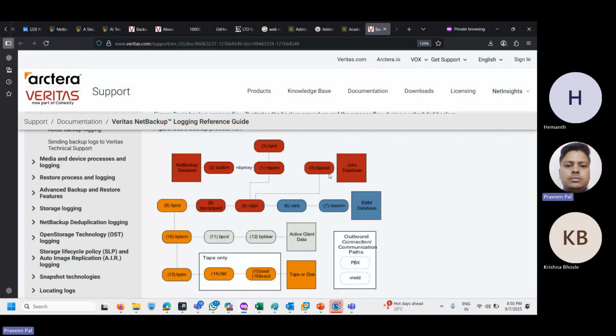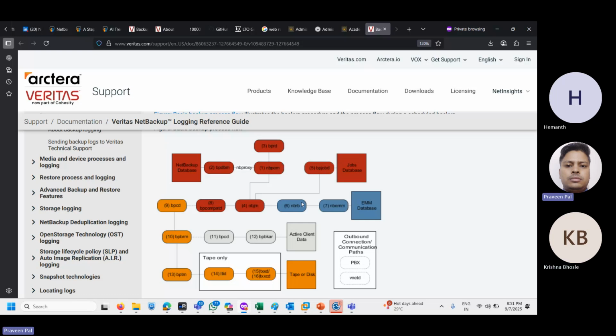ठीक है, अब एक्टिव में आने के बाद what do they need? अब कोई भी पॉलिसी है, अगर उस पे बैकअप चलना है तो पहले उसको क्या चाहिए? सबसे पहले उसको रिसोर्स चाहिए कि बैकअप की डेस्टिनेशन क्या है, कहाँ पे उस बैकअप को रखेगा, वो डिस्क पे रखेगा या टेप पे रखेगा। ठीक है, तो हमारे पास डिस्क पे स्पेस अवेलेबल है या नहीं है, या हमारे पास जो टेप है वो अवेलेबल है या नहीं।